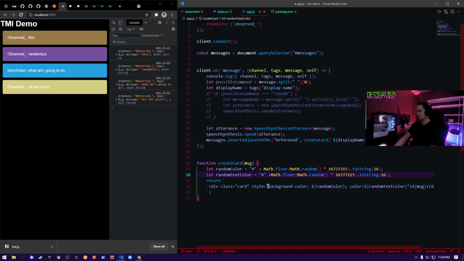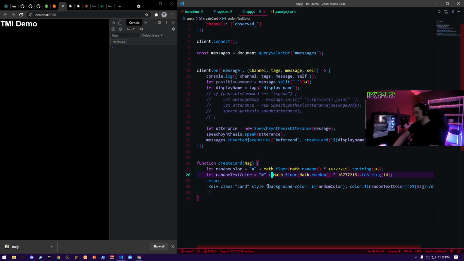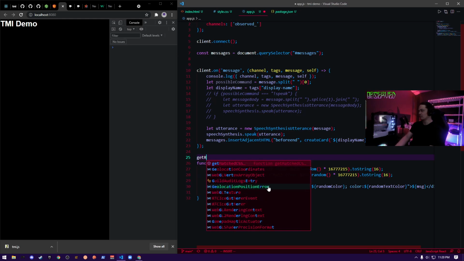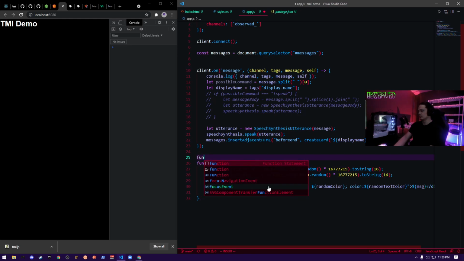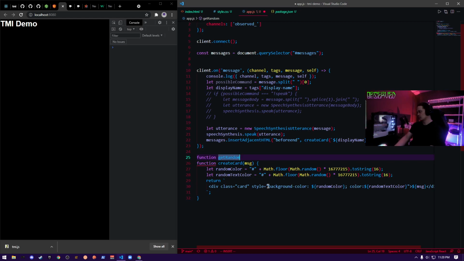Yeah, that should work. And actually, you know, I should make this a function. So like get random color. Because you see how we're using this twice? This should be made into a function.